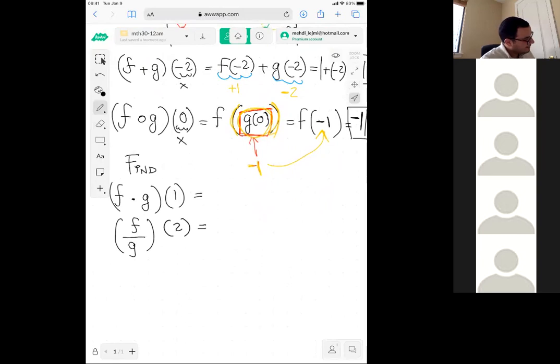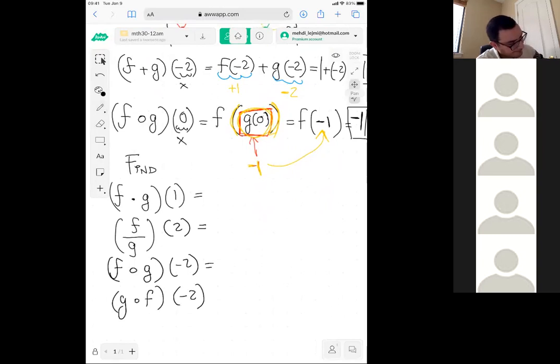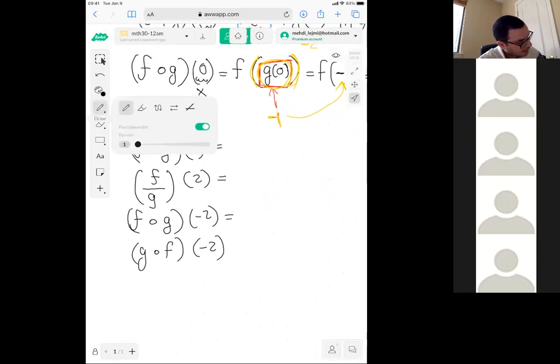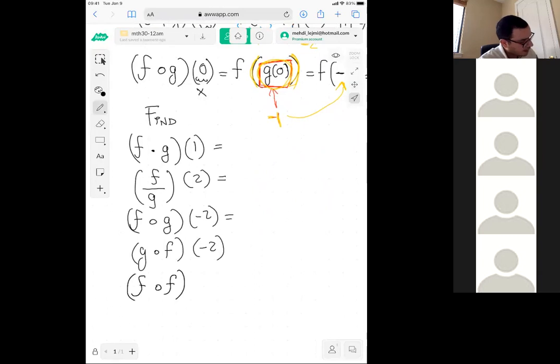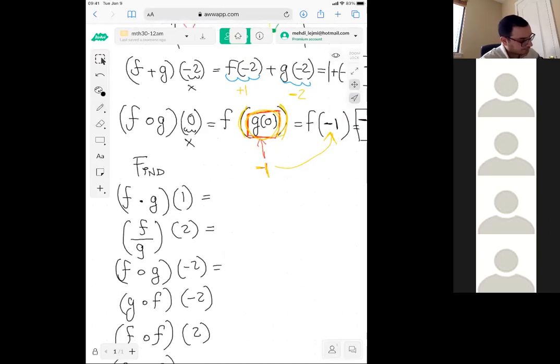And then let's find f composed with g of -2, and then g composed with f of -2, and then f composed with f of +2, right? And then you can also have g composed with g of